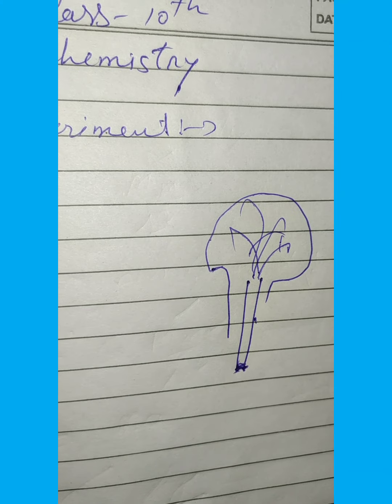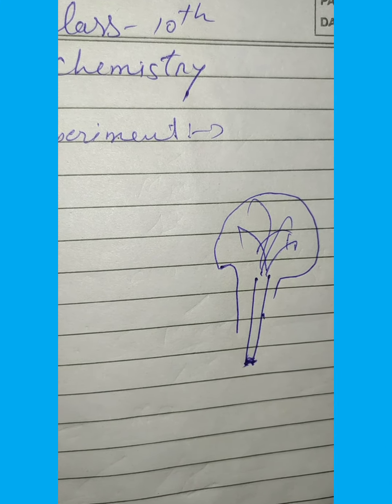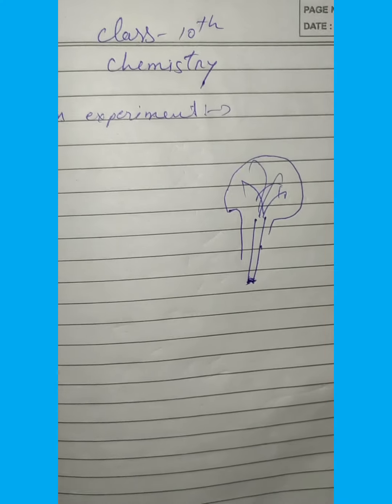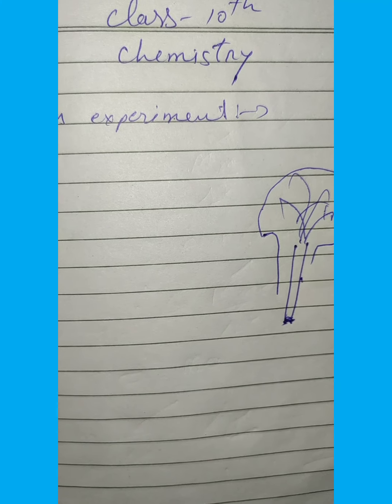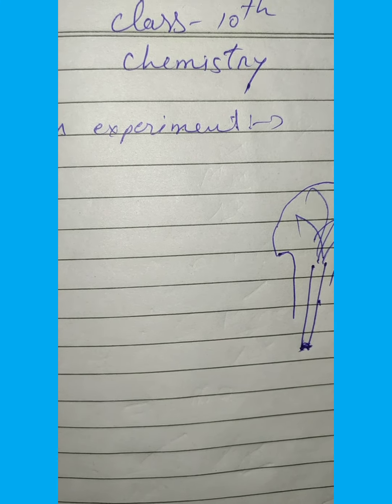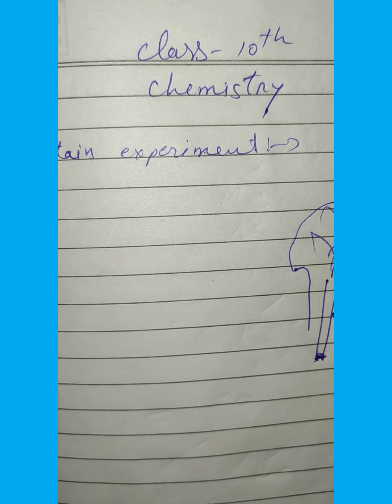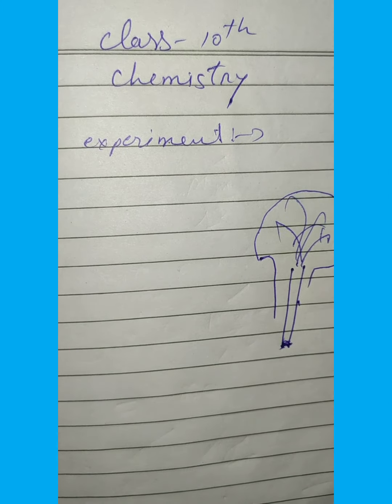The reason for the color change: the water goes into the flask from the dropper, and the hydrogen chloride gas present in the flask dissolves due to its high solubility, thereby lowering the pressure inside. The higher outside pressure pushes the blue litmus solution inside through the jet tube. The blue litmus solution turns red due to the acidic nature of hydrogen chloride gas.